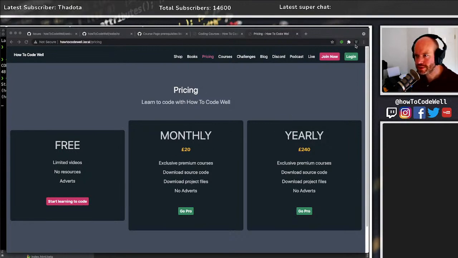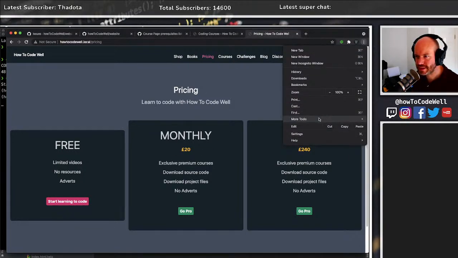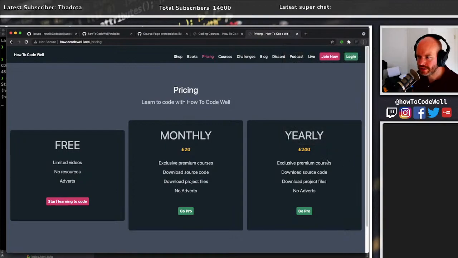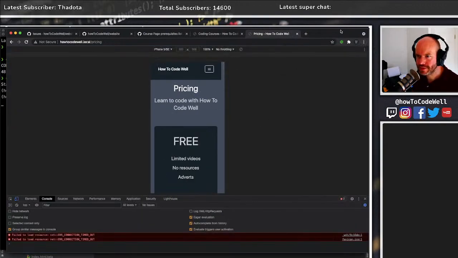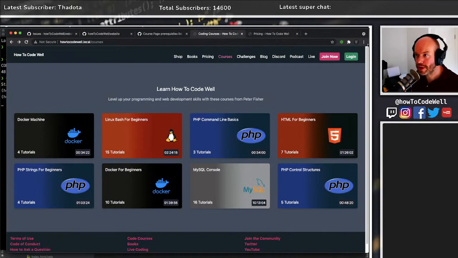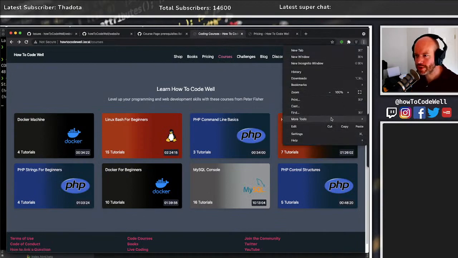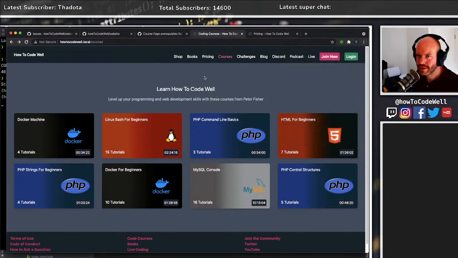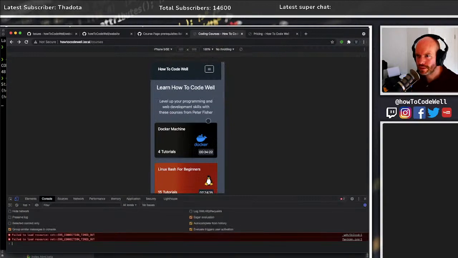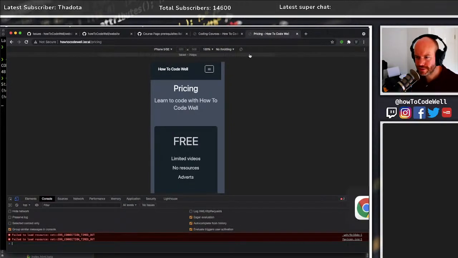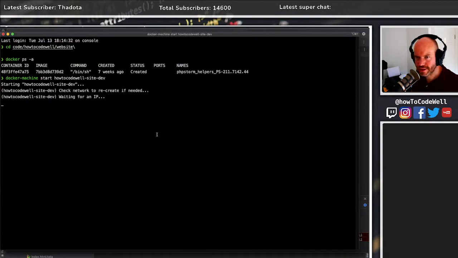So what we were doing was building this, or having a look at this in dev mode. In mobile mode, sorry. And we were comparing the two screens. So this screen versus this screen. Let me just see where this has got to. Come on, bring up my VM, please.